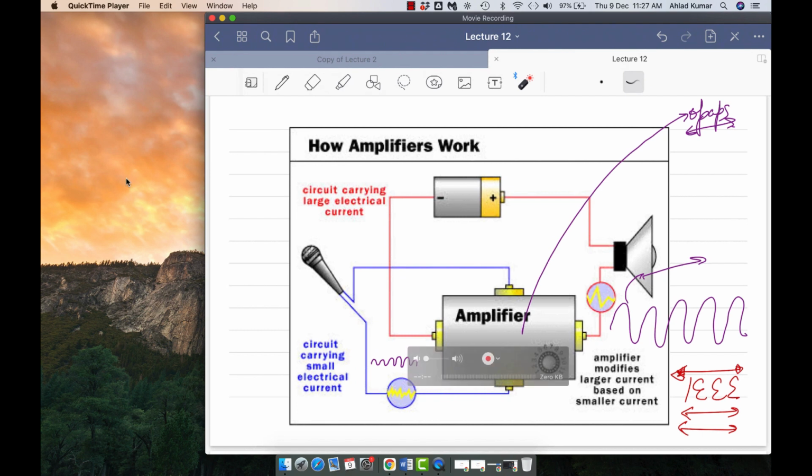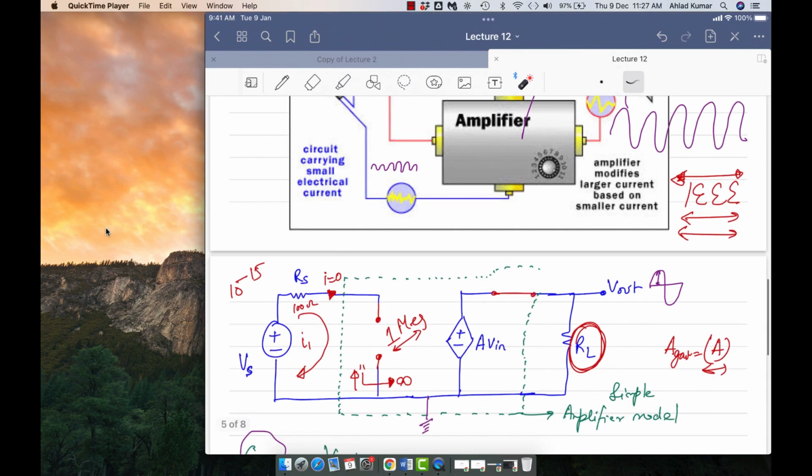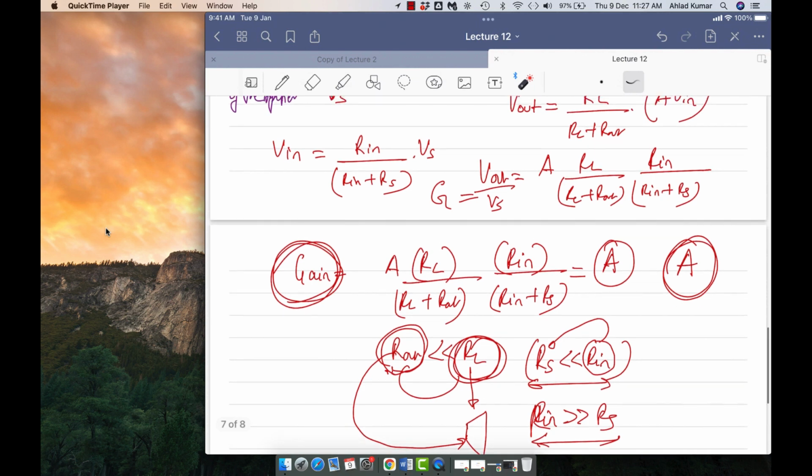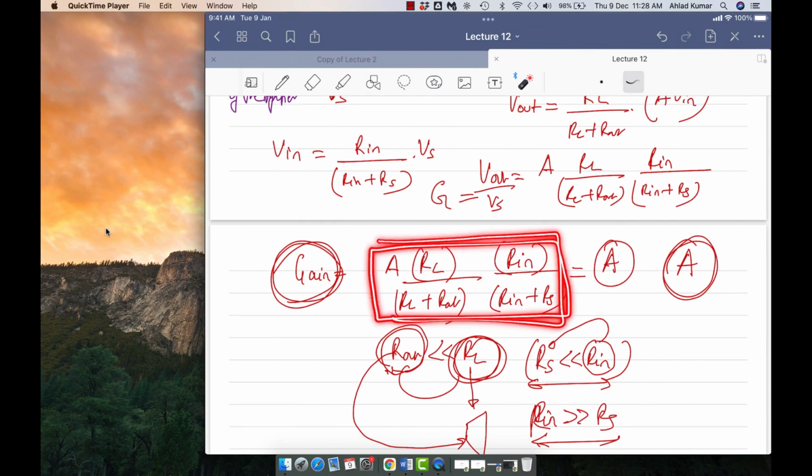Sir, I asked you about controlling the amplification. You said that we alter the resistance. See, I don't want to go into the details of that right now, but somewhere down the line, the example that I will be taking for controlling the amplification will be discussed when we discuss some examples based on that. But right now you can see it from here. You are getting this, right?